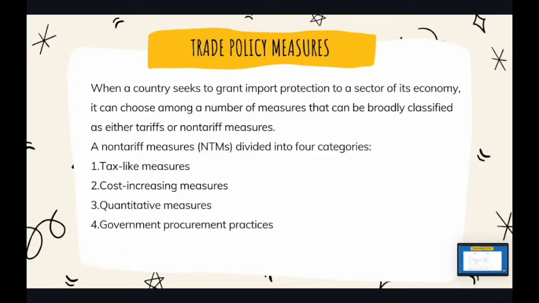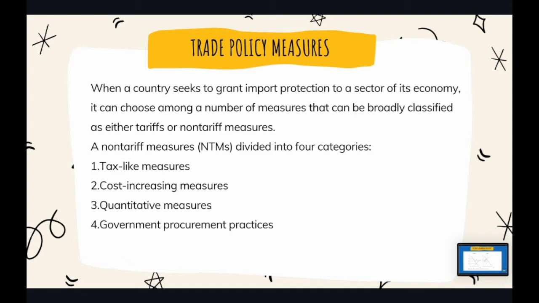And in the next slide, there is trade policy measures. When a country seeks to grant import protection to a sector of its economy, it can choose among a number of measures that can be broadly classified as either tariff or non-tariff measures. And non-tariff measures, or NTMs, are divided into four categories. First, tax-like measures. Second is cost-increasing measures. The third one, quantitative measures. And the last is government procurement